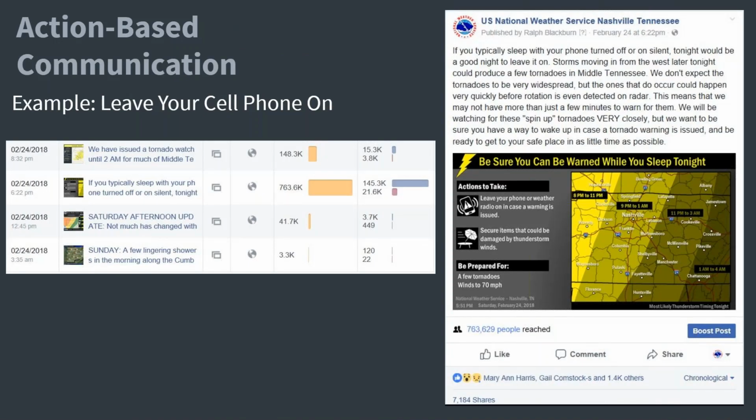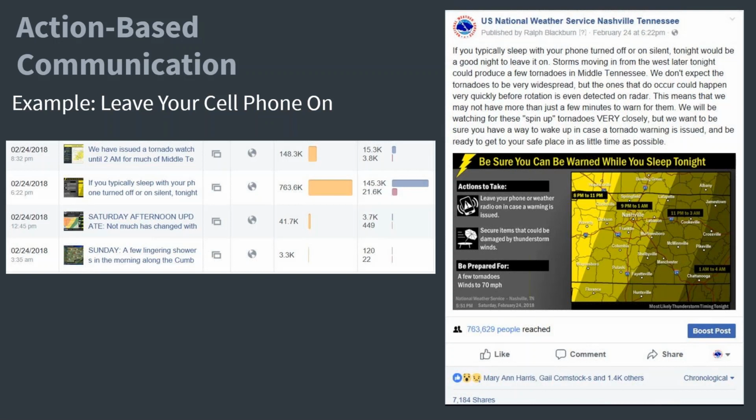And from that one, if you just compare the Facebook engagement statistics compared to other graphics that we put out, it blew away everything else we put out, reaching 763,000 people, almost 750,000 people. Compare that to the Tornado Watch or the Convective Outlook. We did message the Convective Outlook. You can see as that third one, nowhere even near the engagement that it got